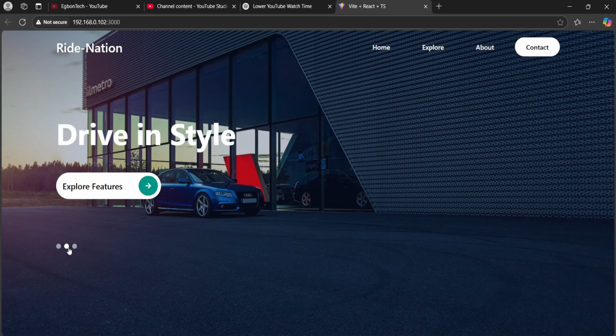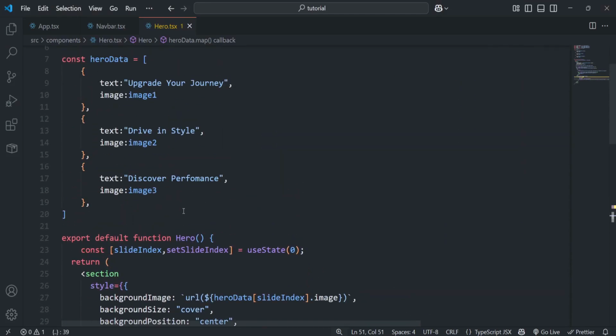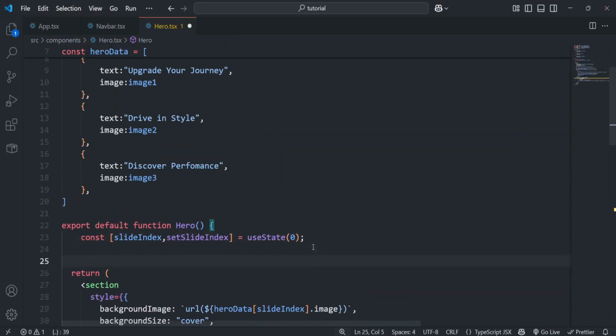Now the next thing we are going to implement is that we want this to be able to auto slide. When we are not clicking on it, we want it to slide on its own every 5 seconds. So I'm going to come back up here. I'm going to create a function underneath this state. I'm going to call this function const nextSlide